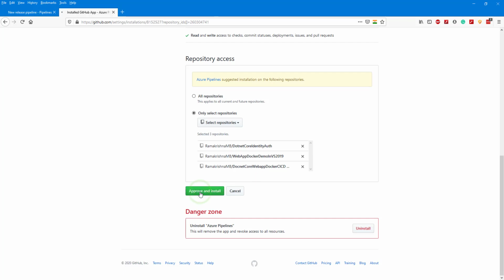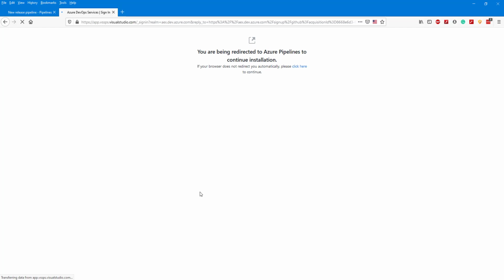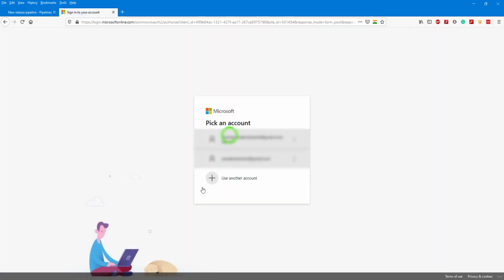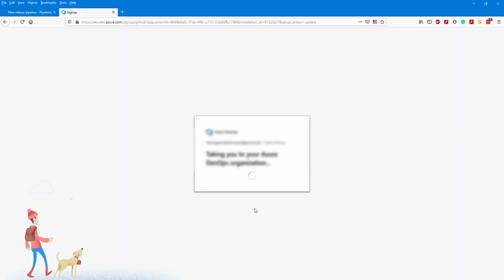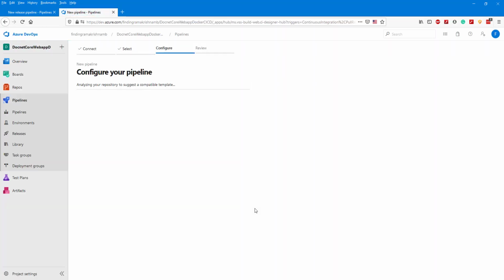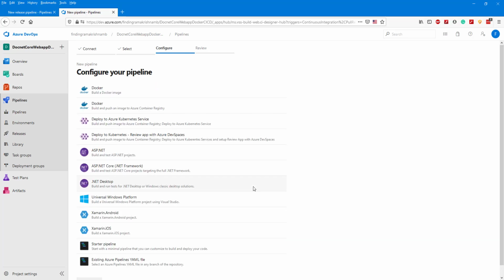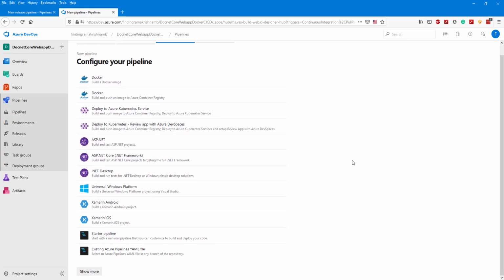Once you click approve and install, it will allow you. You need to authorize for the Azure DevOps to use your GitHub repositories. So now I am selecting this start with minimal pipeline.